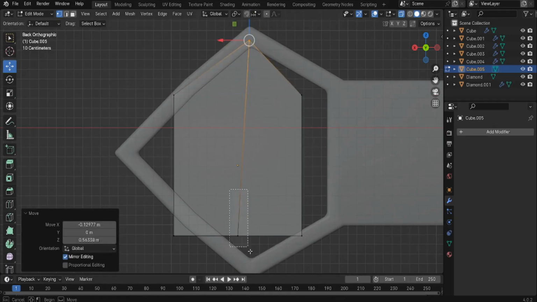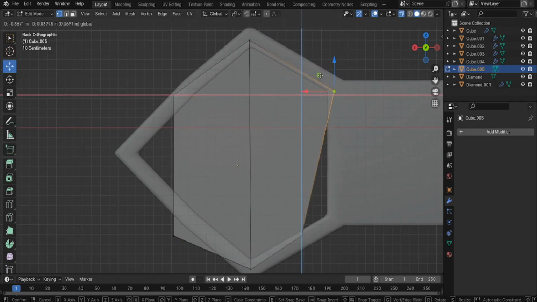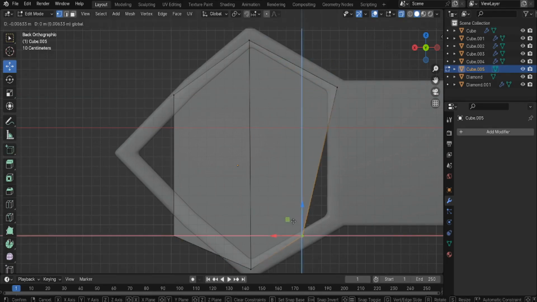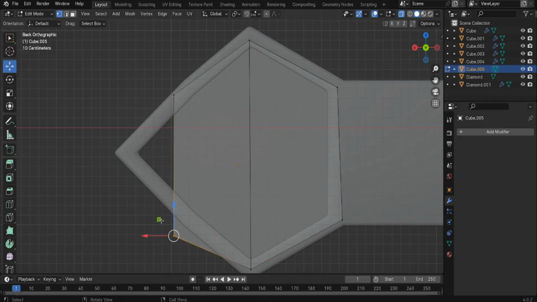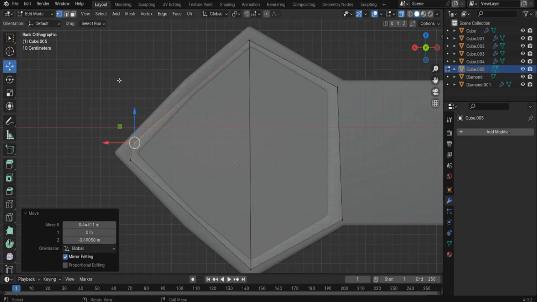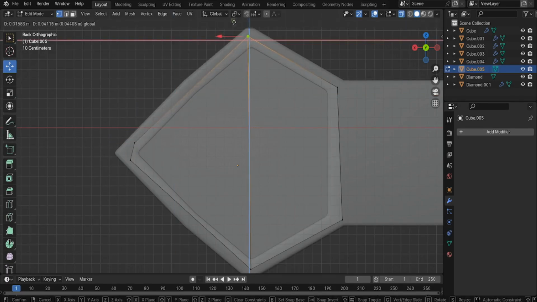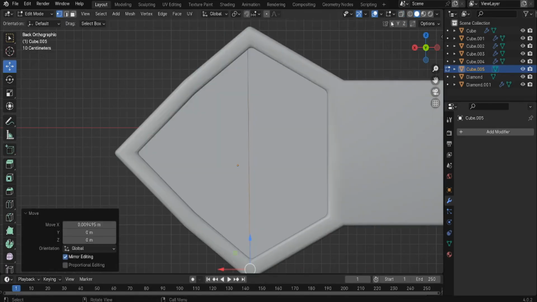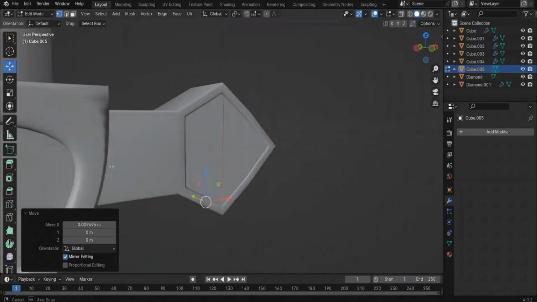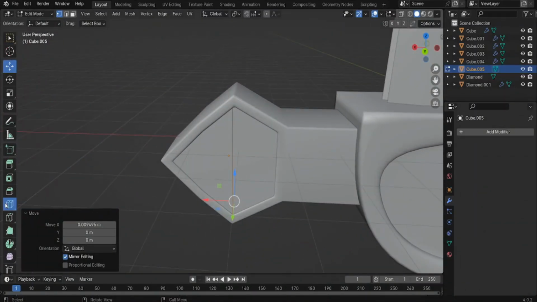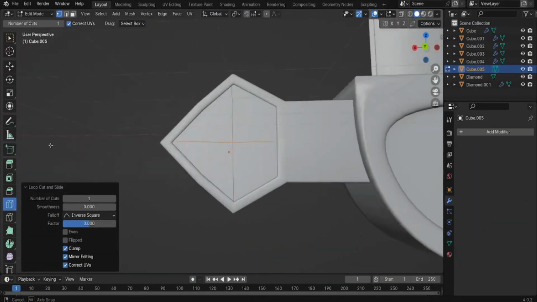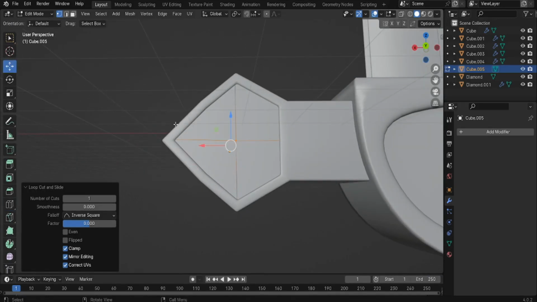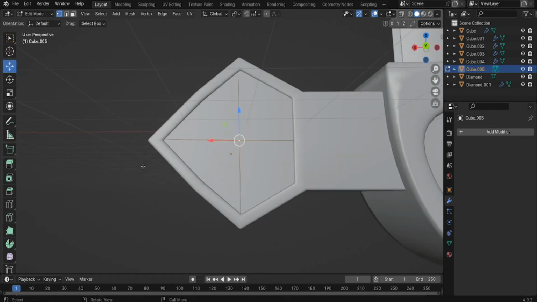So move these points here, move these points here, move this point here, these points here, and these points move somewhere around here. Okay, like this. And now to add a few additional details, let's add a loop cut on this angle. Okay, like this. Now select this point here